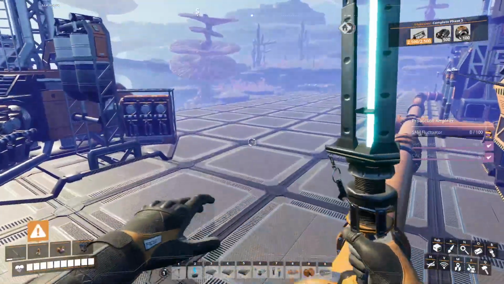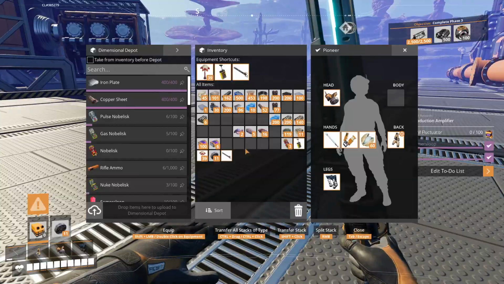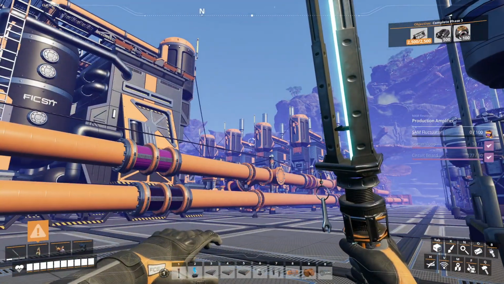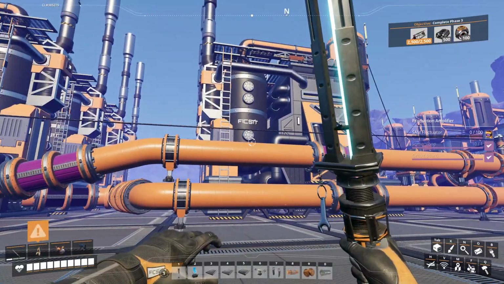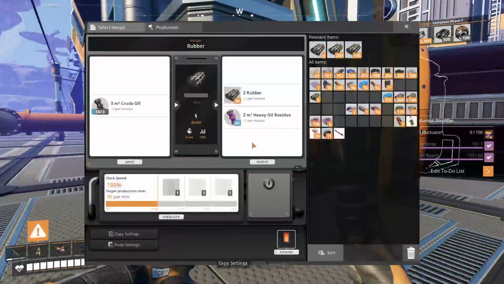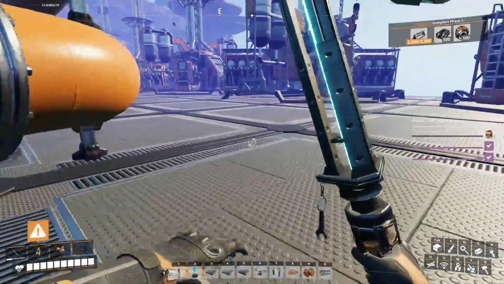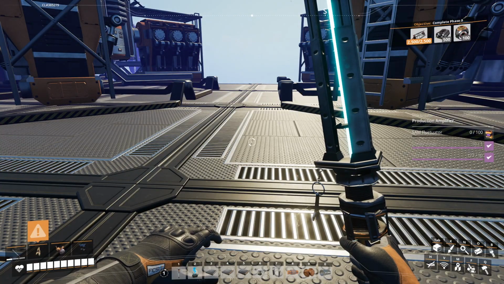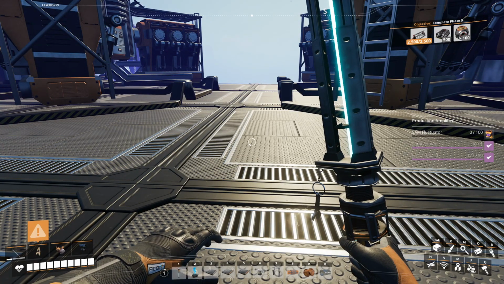I'm out of fuel. 20 under 20, right? If it's 20 per. Yeah. So we have 120 of each, rubber and plastic, which just kind of makes it easy. So